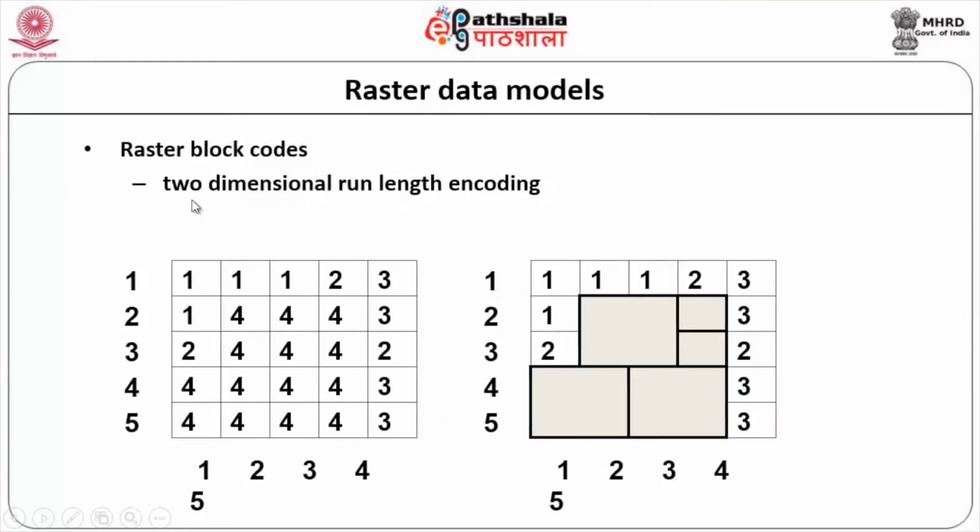The same context, it is block coding, otherwise your 2-dimensional run length encoding, wherein the block coding part of it, this is how it is done. Here block is nothing but a square block. So, this is one block, isn't it? Unfortunately, this is only one cell. So, there is only one separate block, this is another separate block, and this will form one block, this will form one block. So, here you see how it is shown, block coding. That means any number of square grids can be there within this one, that is your block coding.